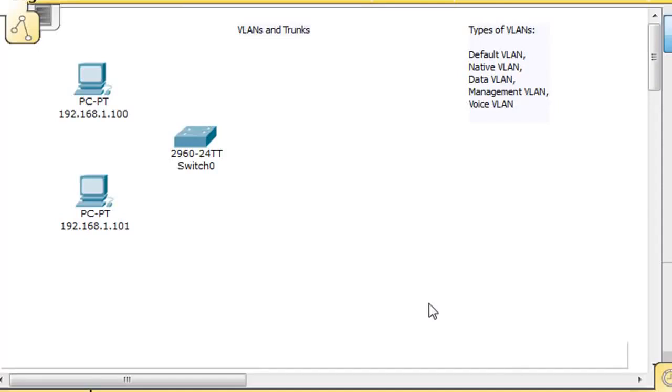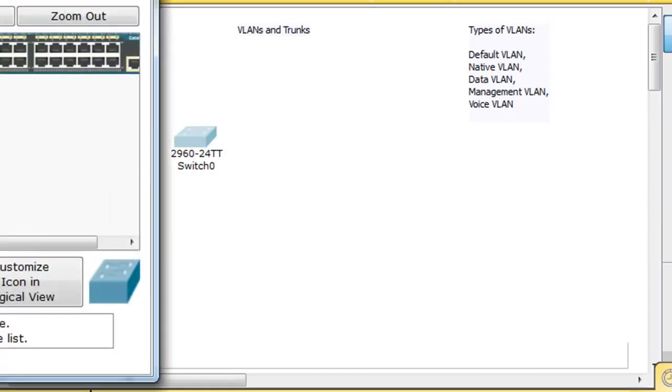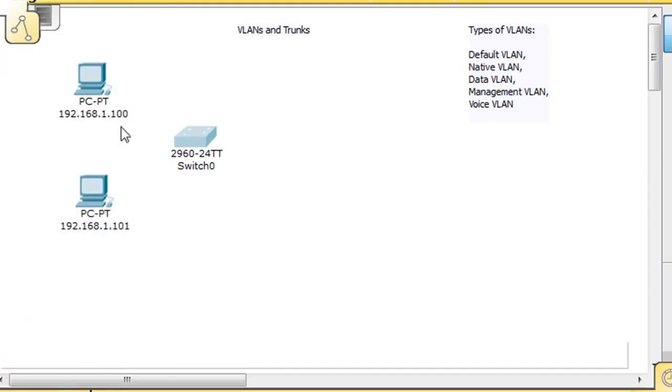Okay, this tutorial is going to be about VLANs and trunks. Now, I'm using Packet Tracer here, and I've got a switch out here, and I've got two clients. And basically, a switch is used to create local area networks, or LANs, and it's used to interconnect PCs on